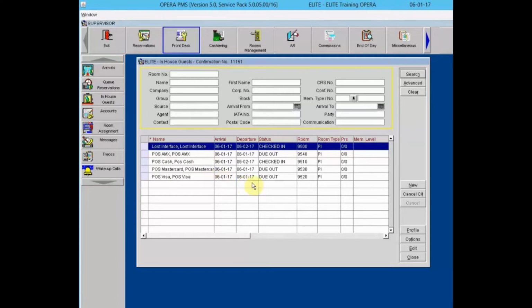These posting interface accounts are used to record revenue posted by a POS system or another interface in Opera. So if your hotel wants to gather all the information from the POS system, so if a guest comes to your restaurant, they charge to their American Express or their Visa or their MasterCard. When they close out the check in the POS system, that charge and that payment will post to these POS